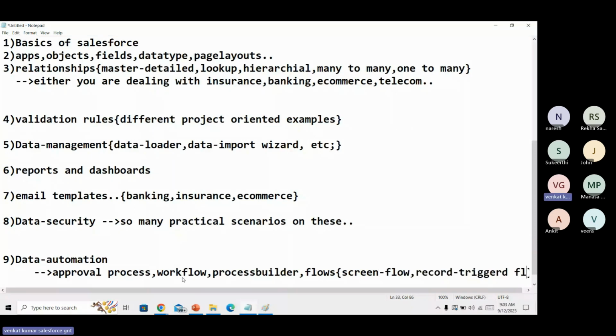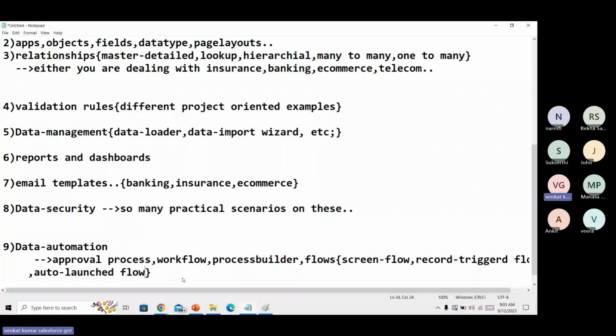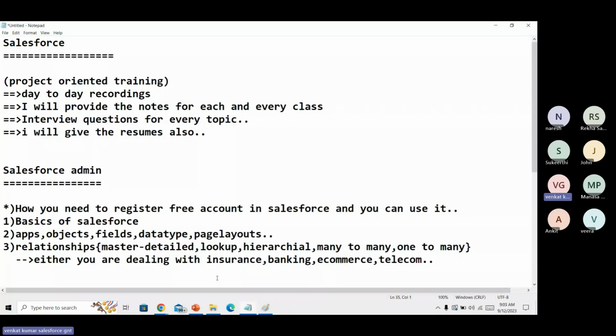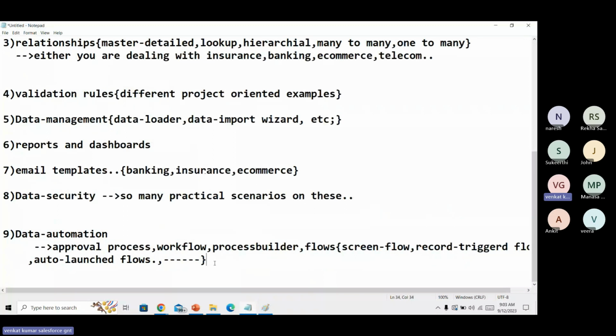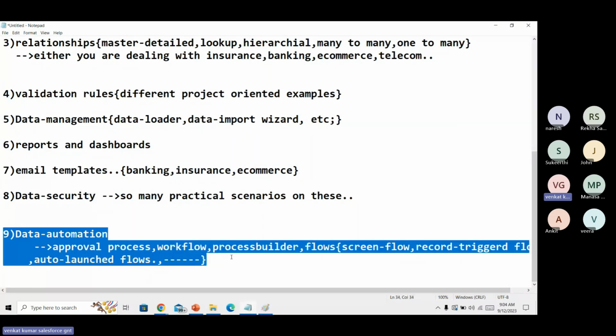I'll discuss these flows in the coming classes, which is nothing but data automation. In future classes, we'll create an email template by using data automation only, and send an email to the appropriate required person, whatever it may be.